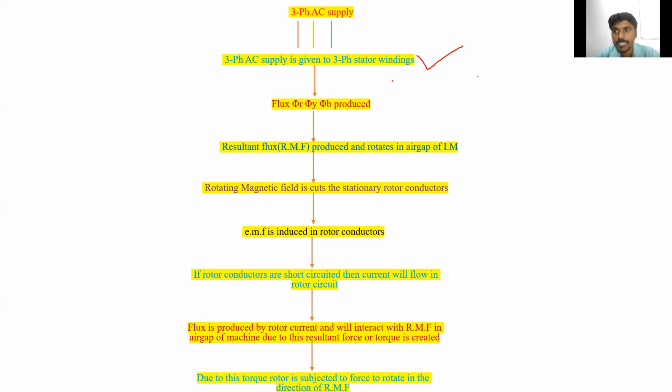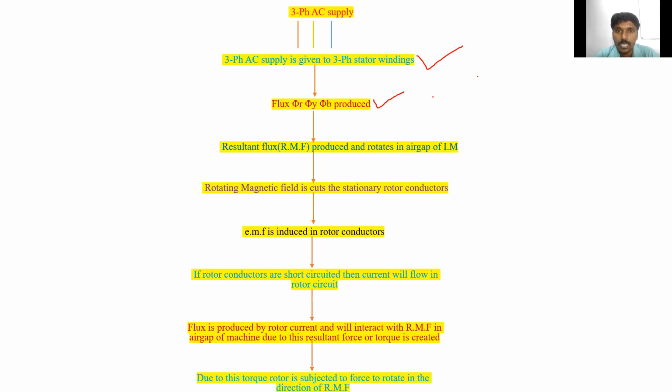Once the supply, the AC supply, is given to the windings, what will happen? Current flows through that winding. If current flows through a particular coil of that winding, what is produced? Flux is produced. Is it right? Yes, sir. Okay, so whenever the current is flowing through the stator windings of the induction motor, then the flux